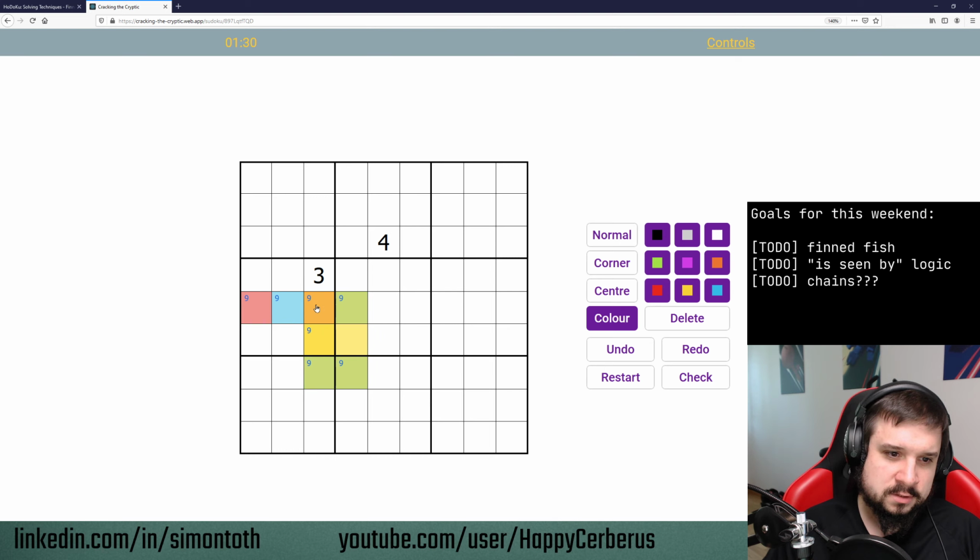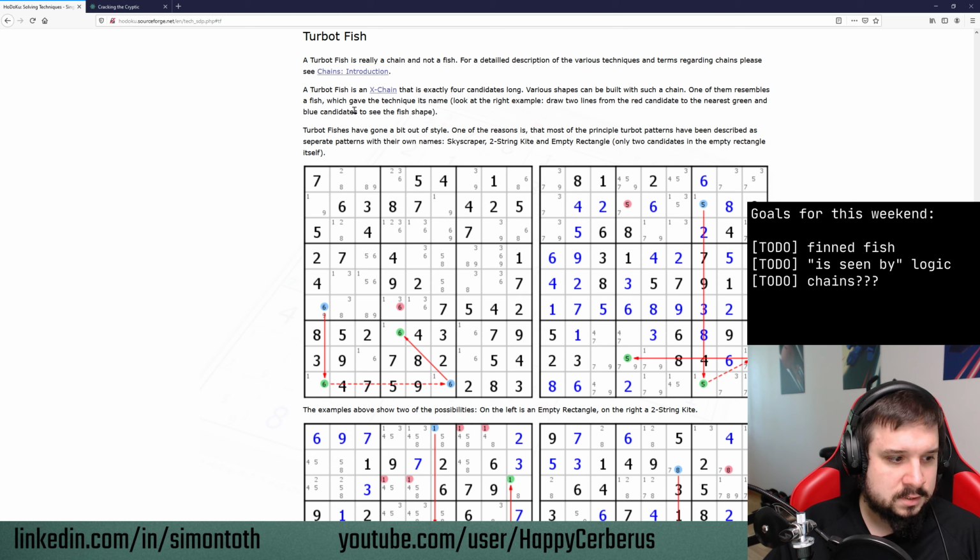No, Siamese fish. Oh, the turbot fish. So this is, they call it a fish, but it's basically a chain, and we haven't done chains at all. Chains are a super powerful technique. You can basically solve any Sudoku puzzle with it, because